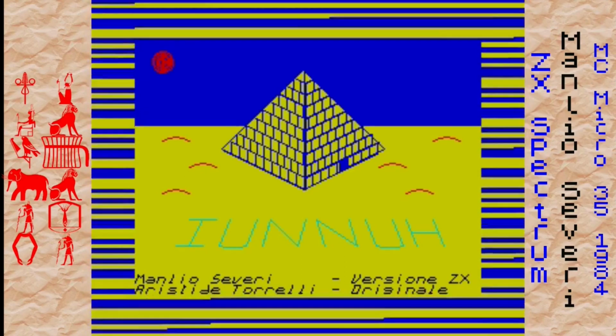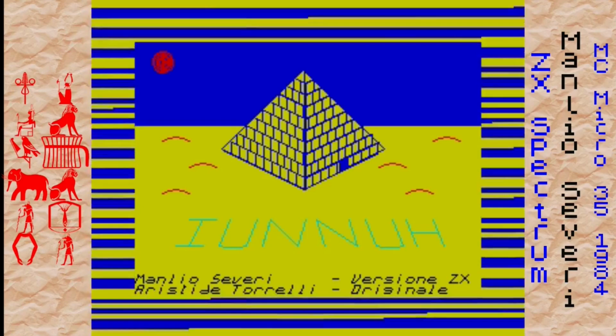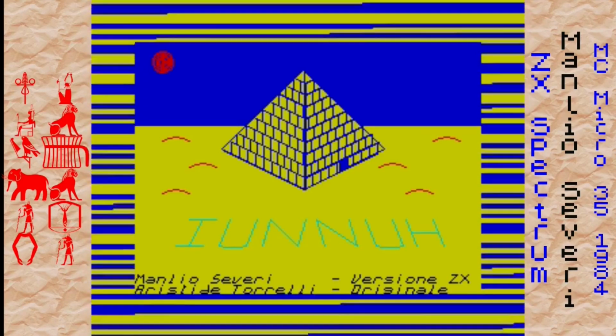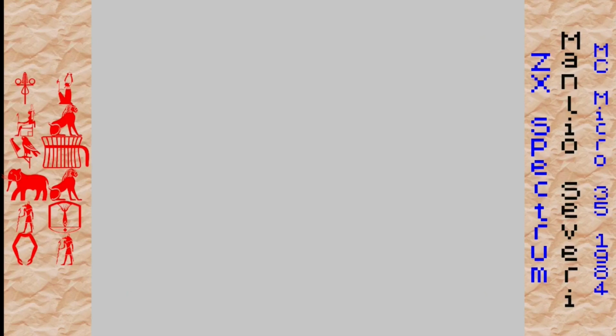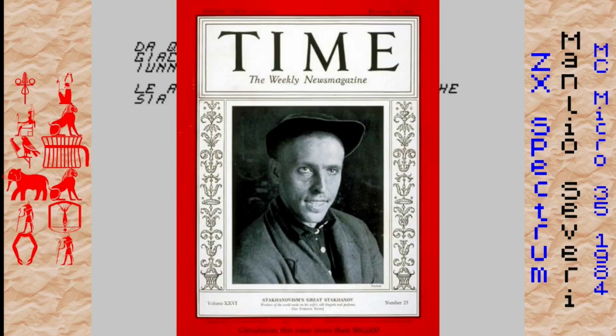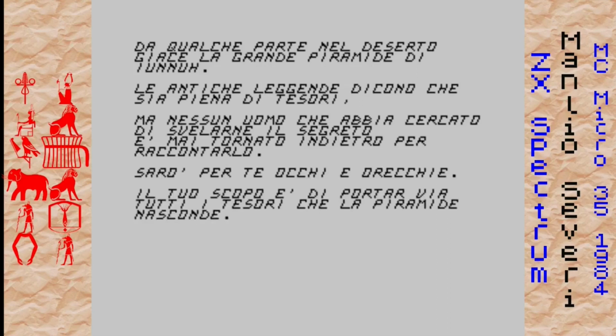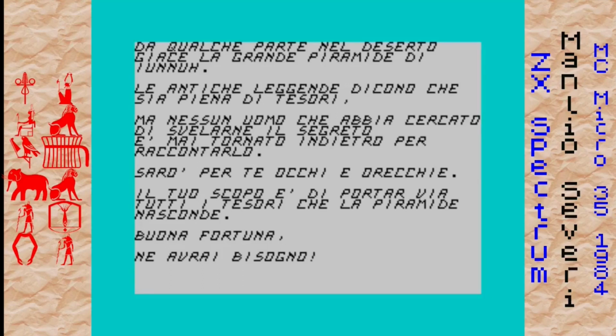One thing you'll notice when the game loads is that Mr. Severi has provided a very nice font, which in the text, people who want to put the font are staccanovites of the keyboard. And here it is. We also now have the introductory story within the game itself. In the Texas Instruments version, it was in the magazine because there wasn't enough room.